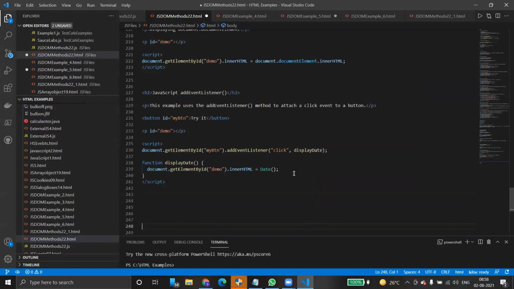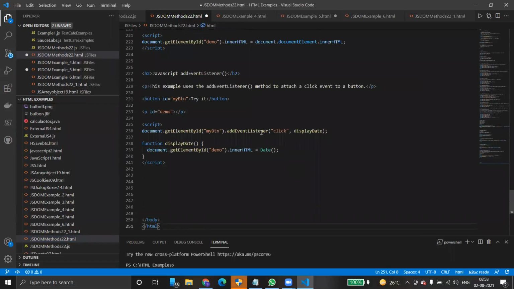We'll go quickly, it's almost over. Now it's going to add a listener. We already know we have so many events. One of the events is click. So this is addEventListener, and we have a button and a paragraph. There are three paragraphs, and we have written a script at my button level. What is add